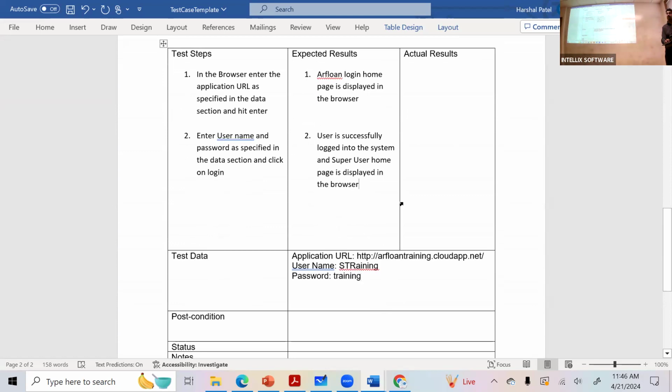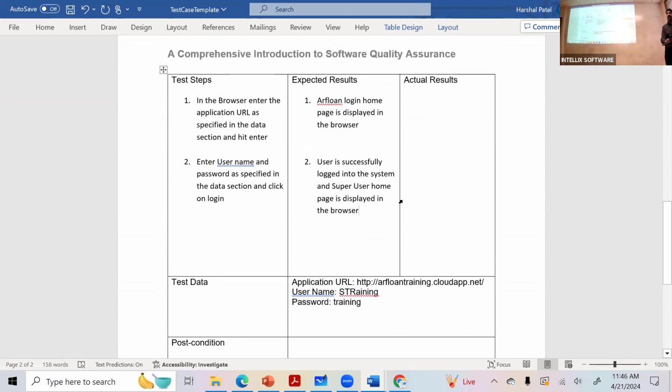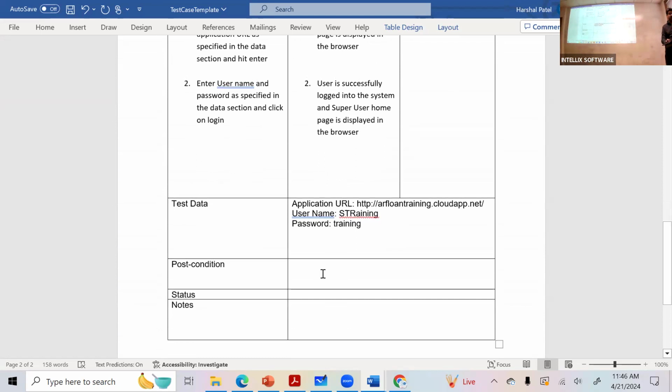At this point, I've validated this test case: the system works if I provide the right user ID and password. Now, what will be the post condition? What should be true at this point? What did I do? I logged into the system.